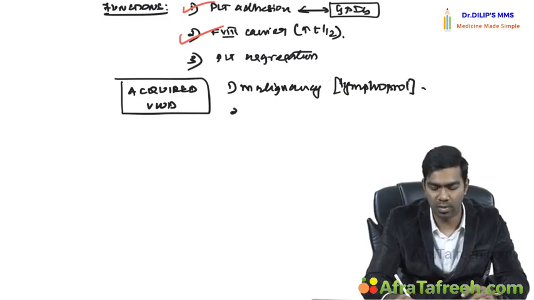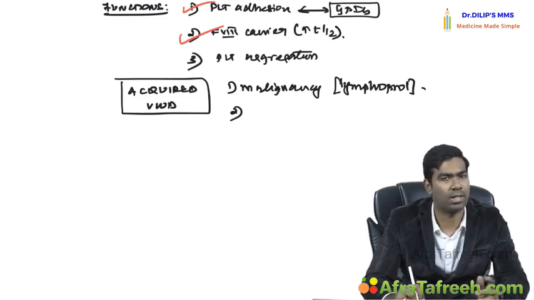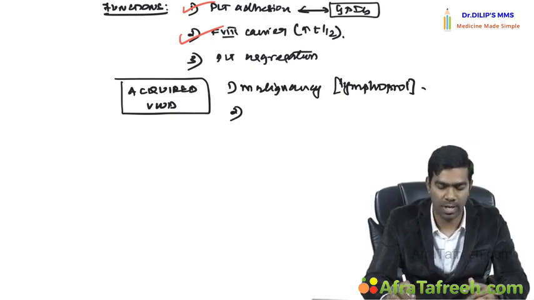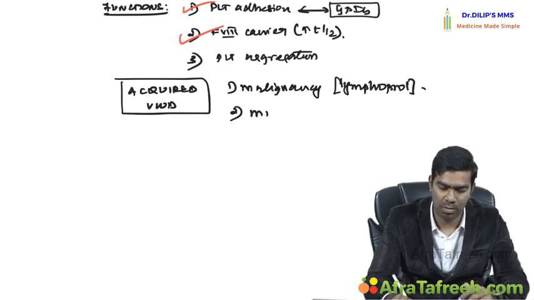Lymphoproliferative malignancies might have increased clearance of this von Willebrand factor. That is the reason why they might have a von Willebrand disease-like picture. Then myeloproliferative neoplasms,